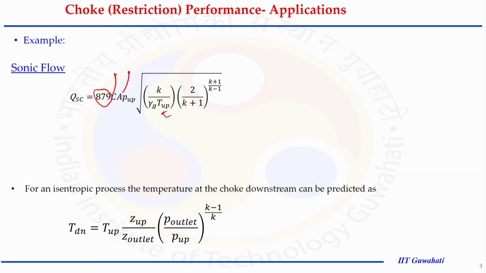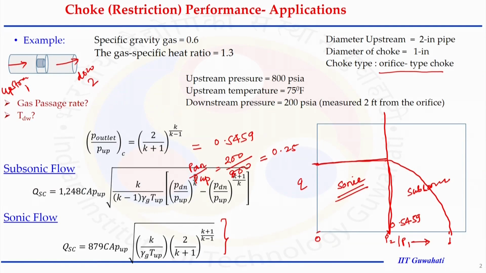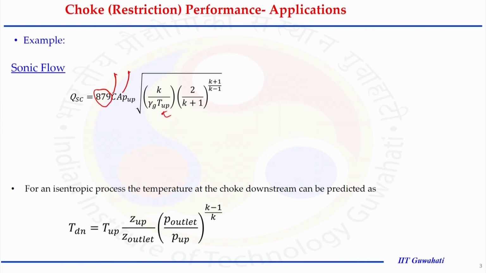So, next, we can calculate the value of C. The discharge coefficient can be calculated with the help of the information given to us, and it depends on the Reynolds number. If the Reynolds number is not known, we cannot calculate this C value, so we can assume a Reynolds number. Why do we need to assume it? Because the Reynolds number depends on the flow rate, and we are supposed to calculate the flow rate. So we will assume some Reynolds number.